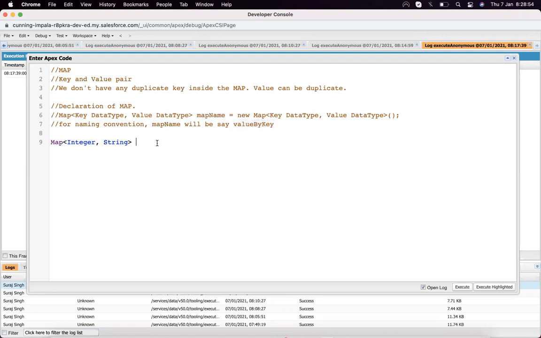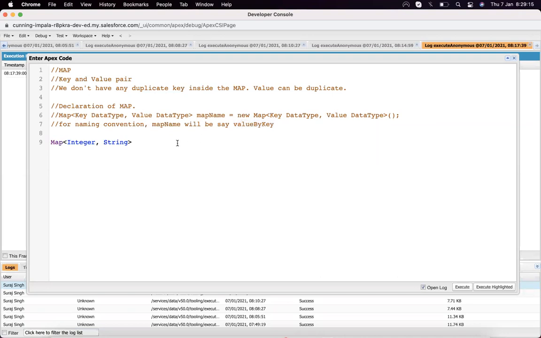I'm not forcing you to do that. It's just about best naming convention practices, so whenever someone reads your code, they can understand what that map will do.